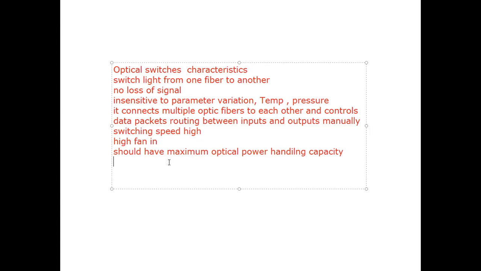Have you considered, suppose there is a power failure? A switch is an active device which requires power to switch on. If a power failure happens in a network, a network outage at the main center, how should your switch behave? Please think in that term also. If power fails, the entire communication would be disrupted, because your signal is already transmitted through the fiber. Now it comes to the switch and switching is done. If the switch immediately shuts down, can you imagine? All the connections are disrupted. So suppose there is a power failure. How do you want your switch to behave in that sense?